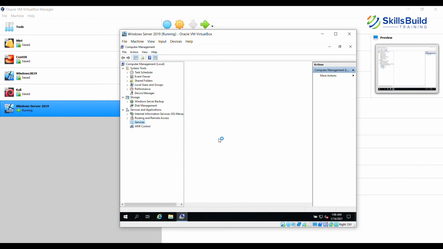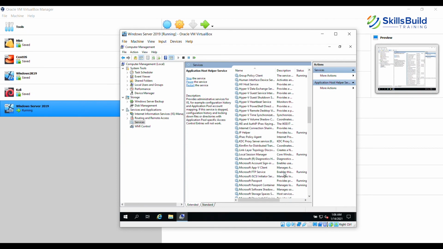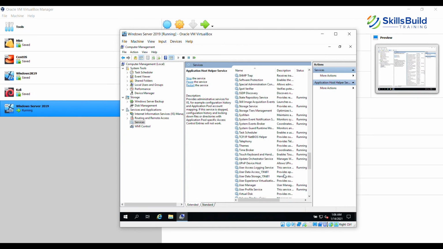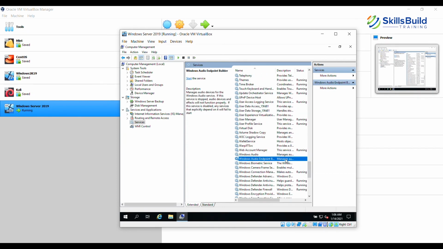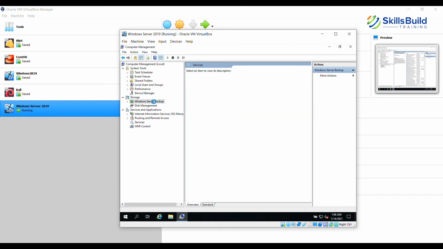Then you can also view what kind of services are running on your system. It will list the stopped services and started services, so all that are running services. And then you might even find some services that are stopped. So look at this, a lot of running services. Any service that doesn't have a status marked to it is a service that is in the stopped state.